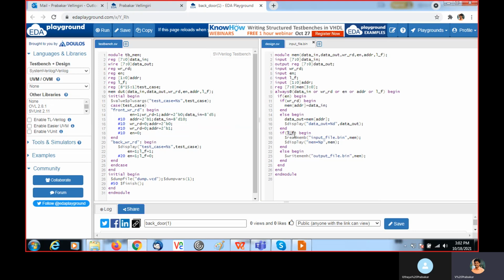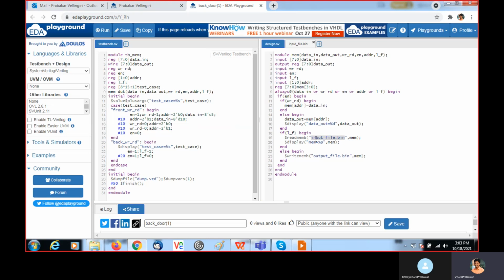When LF is 1, that indicates we are going to perform backdoor. If it is 1, we are performing a backdoor write to memory, with the help of $readmemb. $readmemb is a system task that helps you load this content.